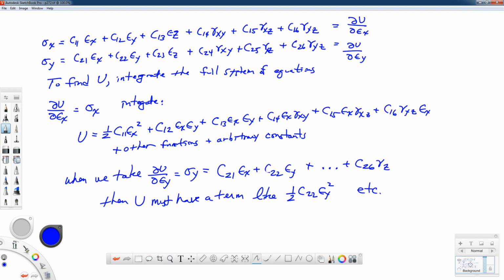When we take this entire system, these 6 equations, and integrate them, we basically end up with a form for our U that looks like this. It's going to look like 1/2 Cij epsilon i epsilon j. And since the Cij epsilon j term is equal to stress, it can also be written as 1/2 sigma i epsilon i,